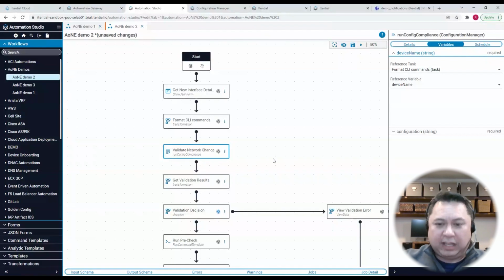It's going to take the CLI structure of that script, and it's going to feed it back into the golden configuration engine and say, we're about to apply this to this device. What do you think about that? And those loopback standards that we built are what it's going to compare it to. So I'll show you what that looks like